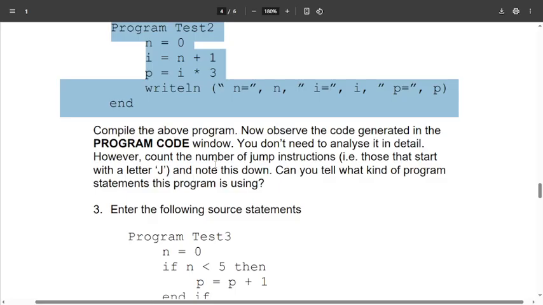However, count the number of jump instructions, those that start with the letter J, and note this down. Can you tell what kind of program statement this program is using? Count the number of instructions if there is a jump.